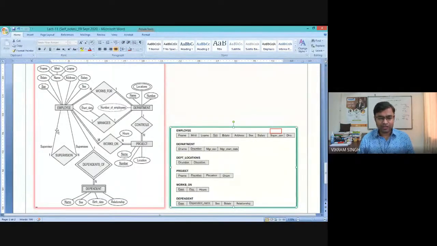So because of this 1:n relationship between employee and employee, we have got this super assistant, because 1:n means we will be using the primary key of the one side entity in the n side entity. So because we have this employee entity on both sides, we will be adding an attribute which will act as a foreign key on the same table. Naturally, we cannot have a separate table. So what we have done, we have inserted an attribute named super assistant, and this super assistant will be referencing the SSN because it is placed in the same table, right?